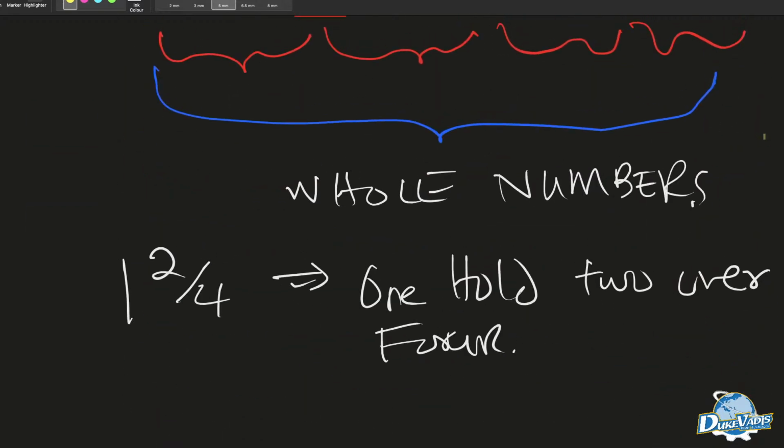So we say conversion of mixed fraction. All right, conversion. So let's use conversion of mixed